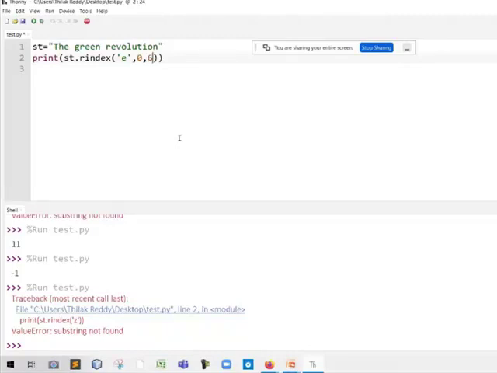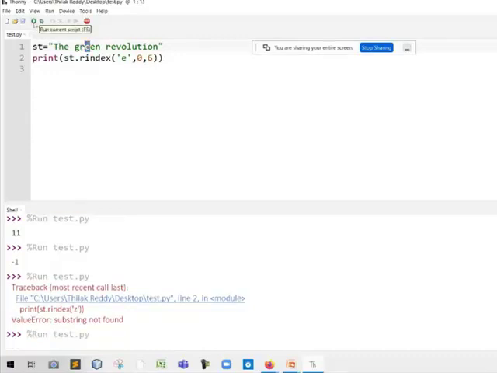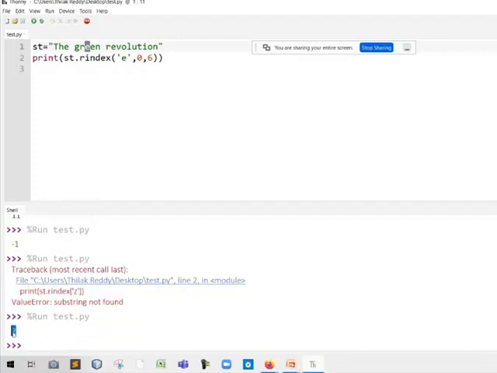Character E, starting index 0. The output is 2. Okay, because 0, 1, 2, 3, 4, 5, 6. It will not consider the ending index, up to index 5 only. So the output is 2. See, the output is 2. But what if the ending value is 7?